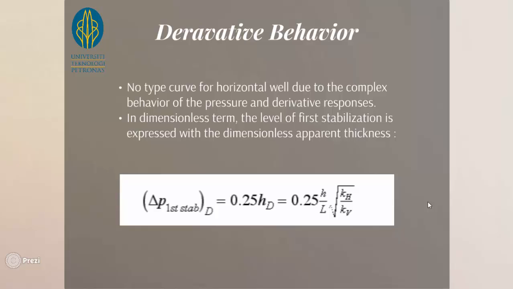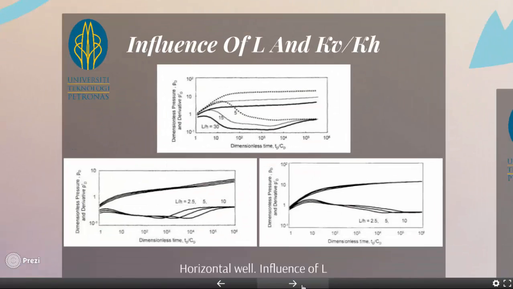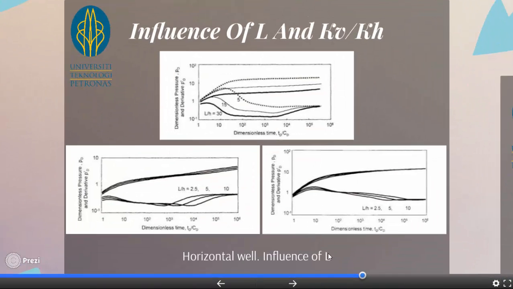Once the linear flow regime has started, horizontal wells behave like wells intercepting an infinite conductivity vertical fracture of half length xf equal to L. The presence of an initial vertical radial flow regime before linear flow is simply seen as skin on the equivalent fracture model. As for the influence of L and kV over kh, with the tD over CD timescale, the location of the half unit slope straight line indicates the effective well half